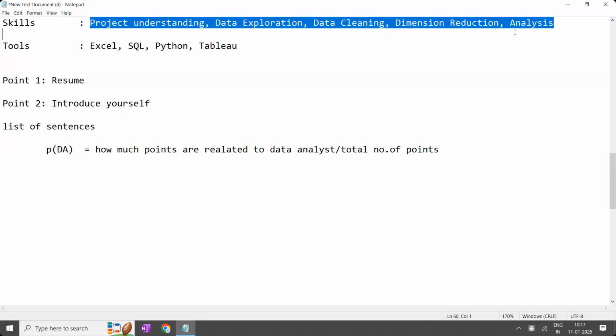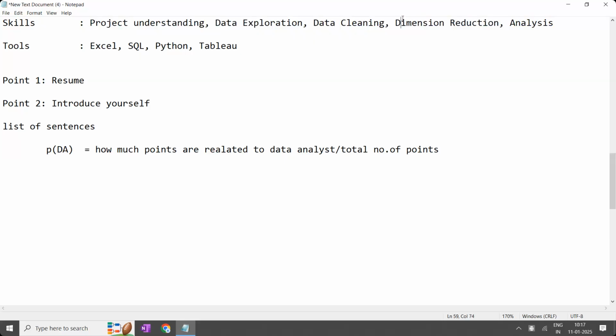If you say this, now they will ask the question, how do you know that this is an unimportant column? Then I'll say, sir, we identify the unimportant columns by using some techniques. And we are going to explain that. Okay, what type of data cleaning have you done in your project? They'll ask the questions. So I have treated the missing values. Then they'll ask how you have treated the missing values. Later they'll ask you, okay, you have told that you have done the data cleaning and data exploration using what?